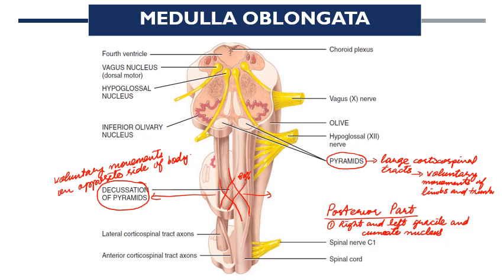The axons from these nuclei cross the midline and ascend to the thalamus in a bundle of white matter called the medial lemniscus,